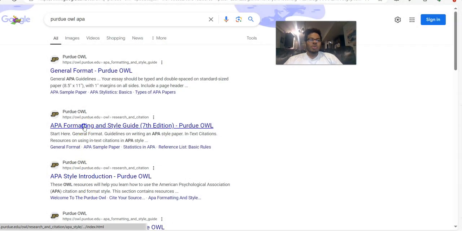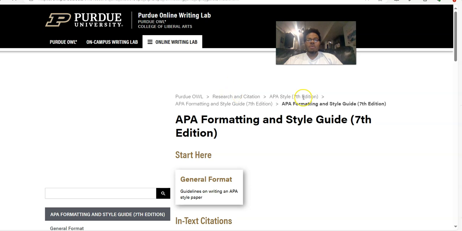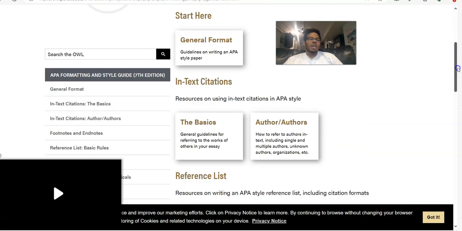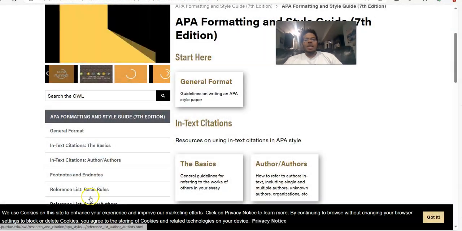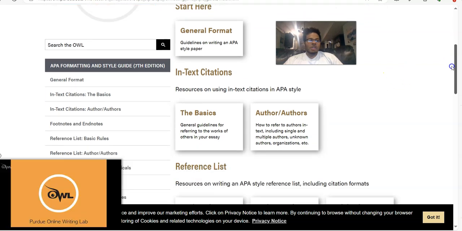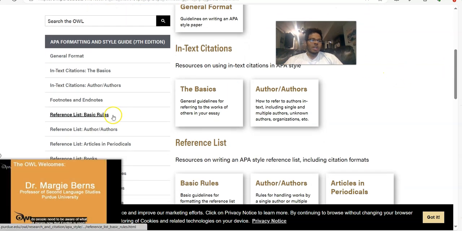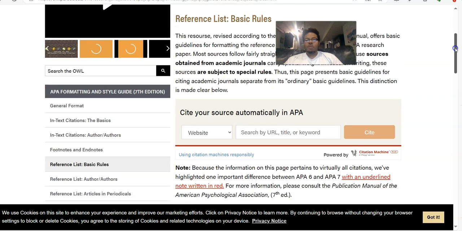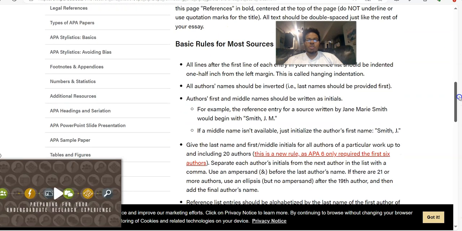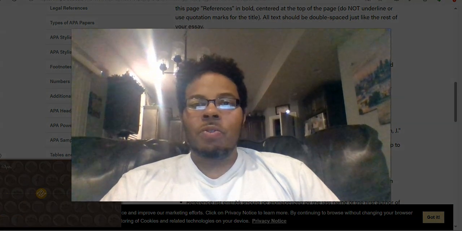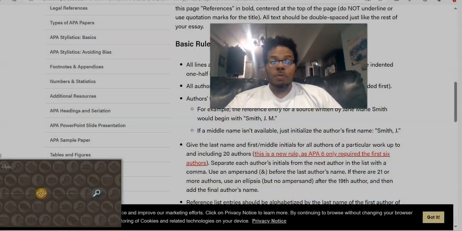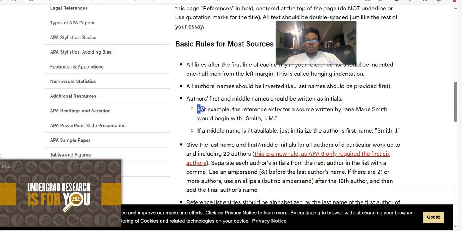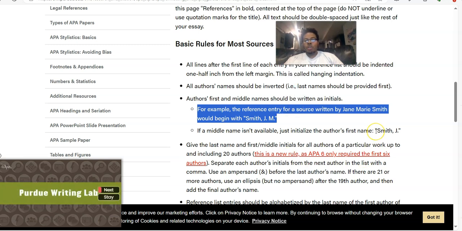But let's go into the APA formatting and style guide, and we will look at the first mistake first. The first thing that a lot of students do, even though they should not, is, and we're not going to be talking about in-text citations right now, we're going to be talking about the reference list for both of these common mistakes. So with the reference list, the first thing that a lot of students do that you're not supposed to do is write out the first and middle names of authors in the reference list, even if you have that information. So as you can see here, for example,